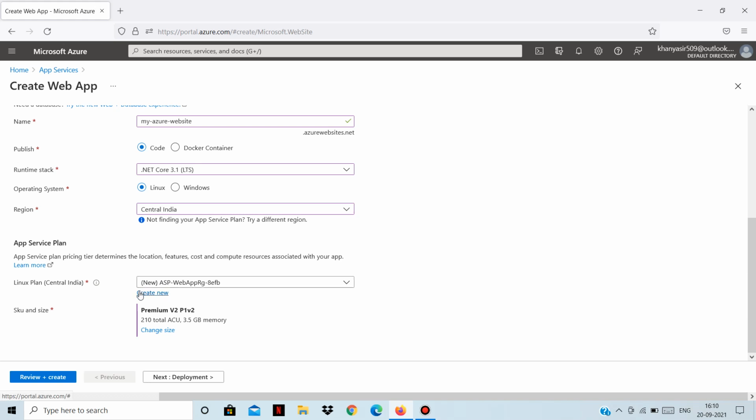Right now I don't have any app service plan, so I will have to create a new one. In most cases the number of apps you can run on a single plan will be limited by the performance characteristics of the apps and the resource limitations of the plan. So based on the app service plan, it will be decided how many web applications you can run in a single plan. App service plans are also the unit of billing for app service, meaning how much you will be billed for using this app service is decided based on your app service plan.